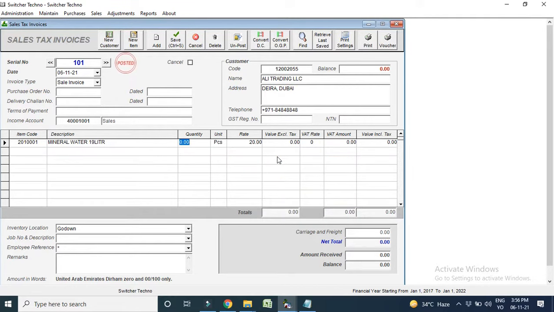Now here I will write, for example, I am selling 2 pieces. 20 dirhams is the charge for each, and I add 5% VAT, so 2 dirhams is added, and 42 is the total amount. Total 42 dirhams. Now how much am I getting? For example, I am not getting anything from this customer. He will pay me later, no problem. So I just get the print.